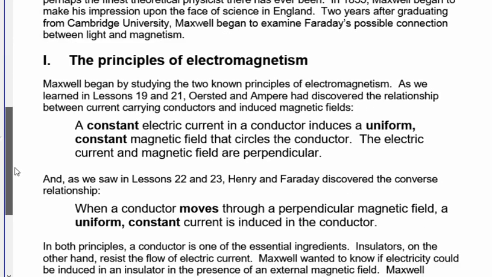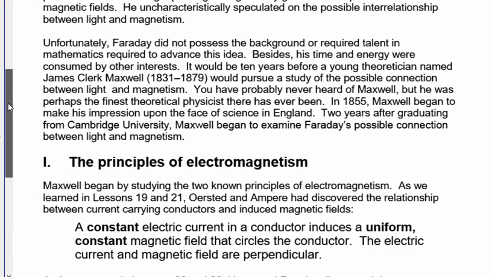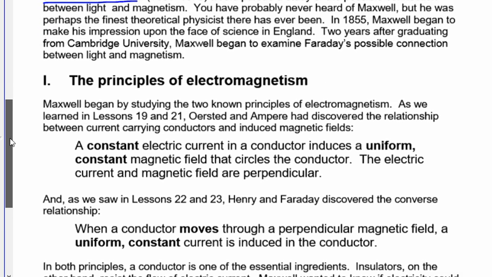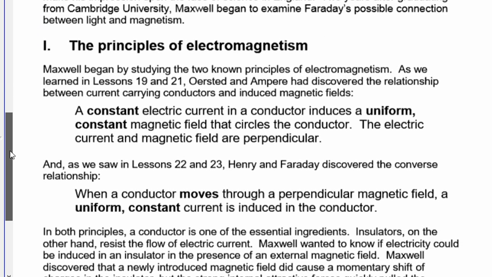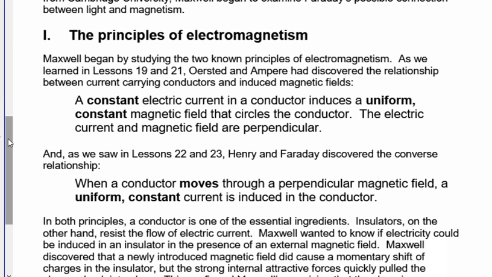So, principles of electromagnetism. A guy named Maxwell. You can see the name up here, right? James Clerk Maxwell. He was really a brilliant mathematician. He took the ideas of Faraday and some of the others that we learned from earlier and started making this into a theory of light, right? Like, how does magnetism have anything to do with light? So what he did is he started learning about the things that we've been learning about in previous lessons here,